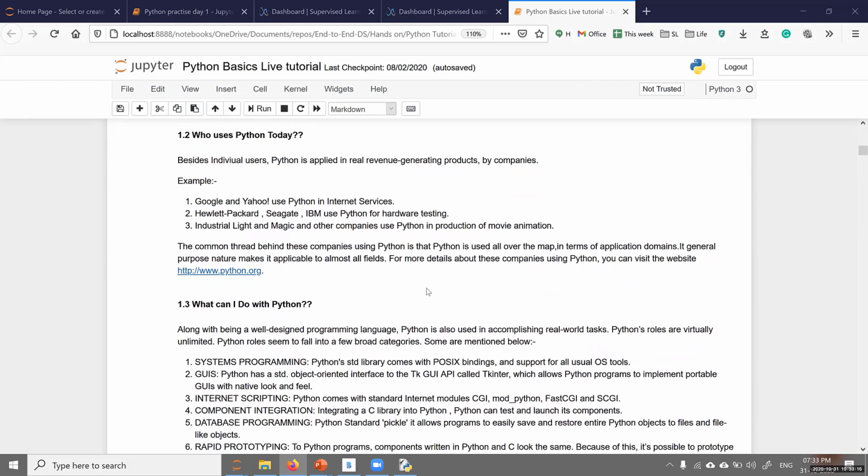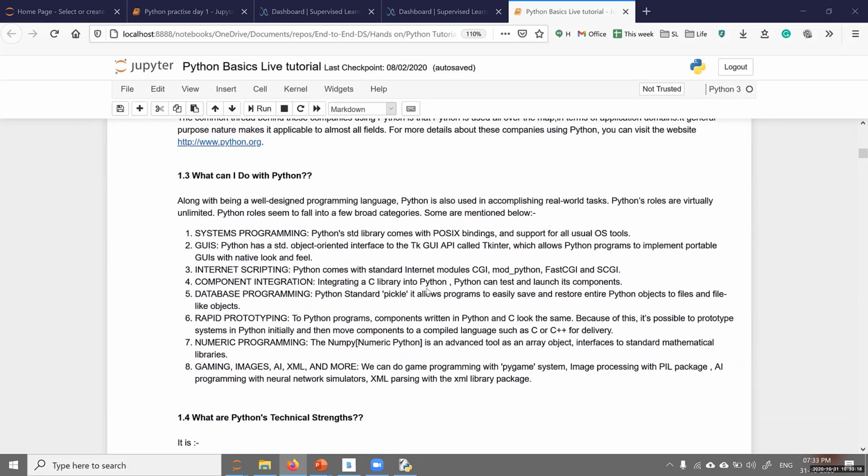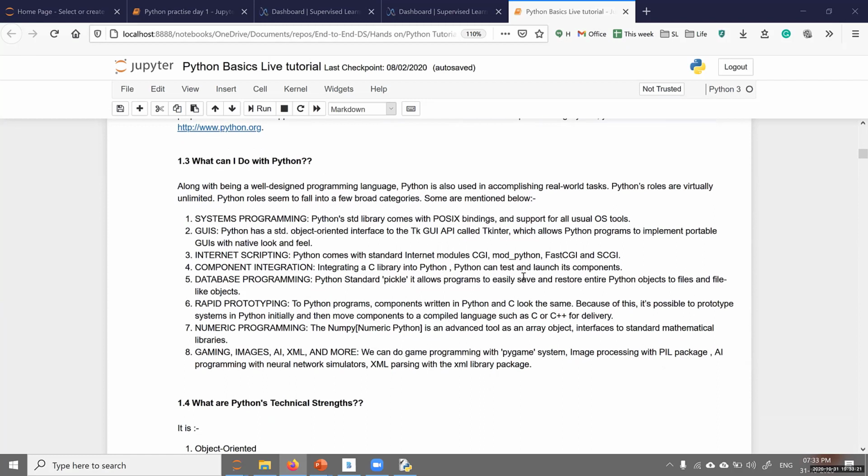Right. So we have added some theory here. You can go back and look at it in case you're interested. But it's a very versatile language. One thing which data scientists love about Python is you say front end development, you say UI, you say back end, you say databases, you say rapid prototyping, you say numeric programming, you say gaming. Everywhere Python already has an ecosystem. So that's the reason it's easier to plug data science models or AI models into all those domains. R doesn't have so much flexibility.